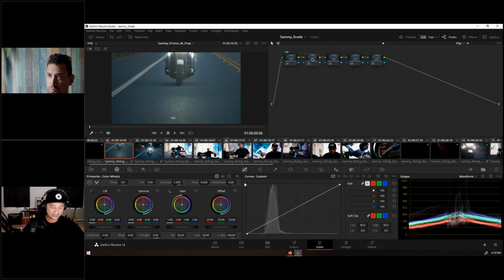And here I probably want to do my white balance adjustment, my contrast adjustment, the overall exposure and saturation. So it's my balancing node. And then after that,